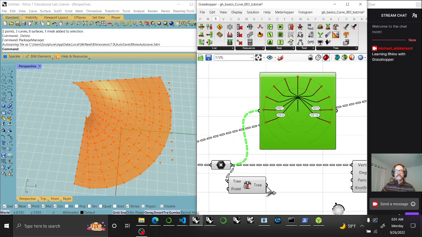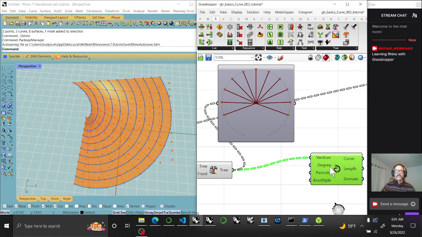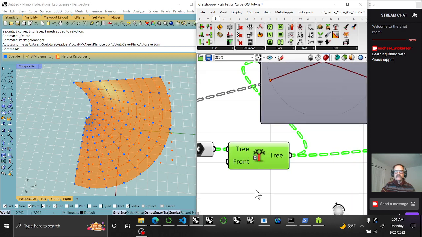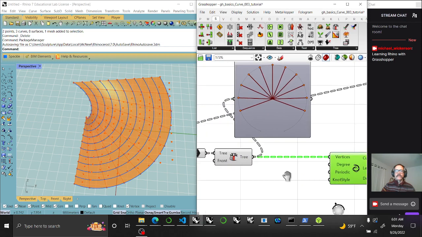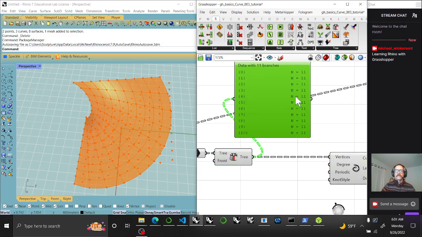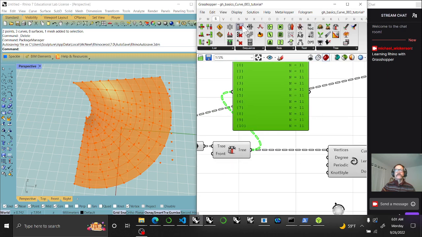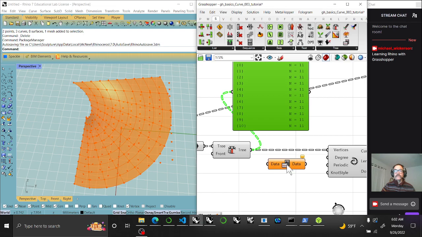So you're starting to visualize your data structures and learning how to manipulate them. I'm going to use graph tree here, and you'll see that these curves, when I plug them in here, all of a sudden with the graph tree, and hang on a second, what do I have here? I have simplify tree, which is fine. I haven't done what I intended to do from that initial one. I still have to, with this data structure, flip the items from the paths. So I will go back into tree structure. I will use flip matrix,